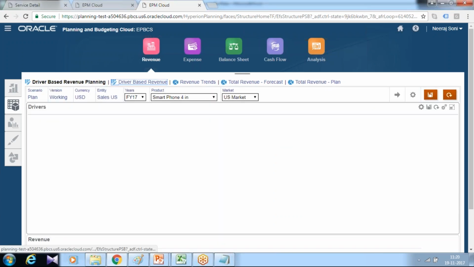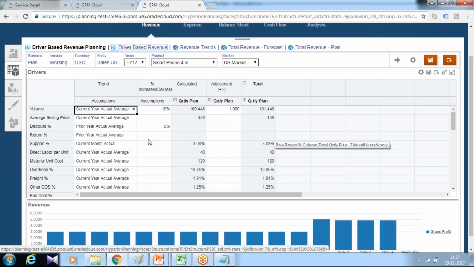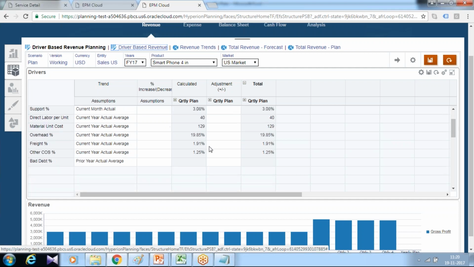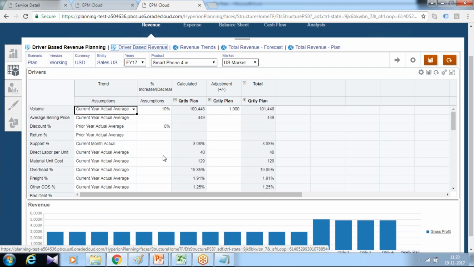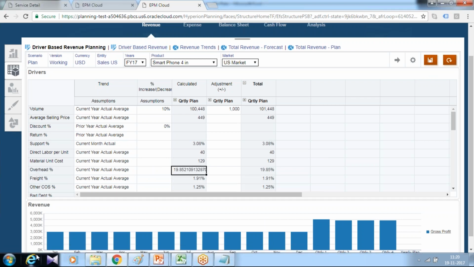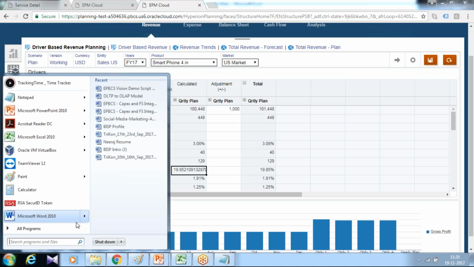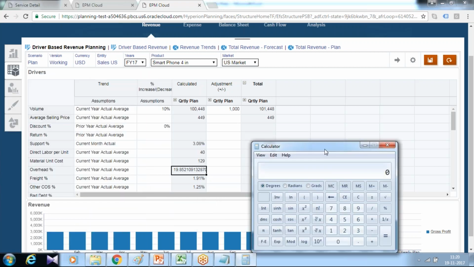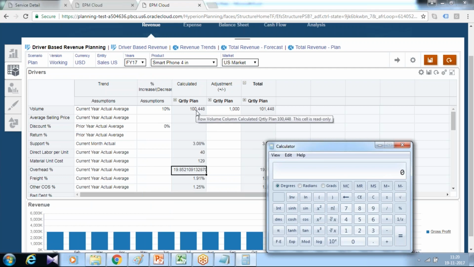In addition to this, certain other expenses can also be adjusted. So you see there are different types of drivers. You have overhead, freight charges, and they are defined in terms of percentage. This data I loaded, and further to your product revenue, these values would be adjusted. For example, you take overhead percentage, which is 19.852. So which further applies to this. So 19.852